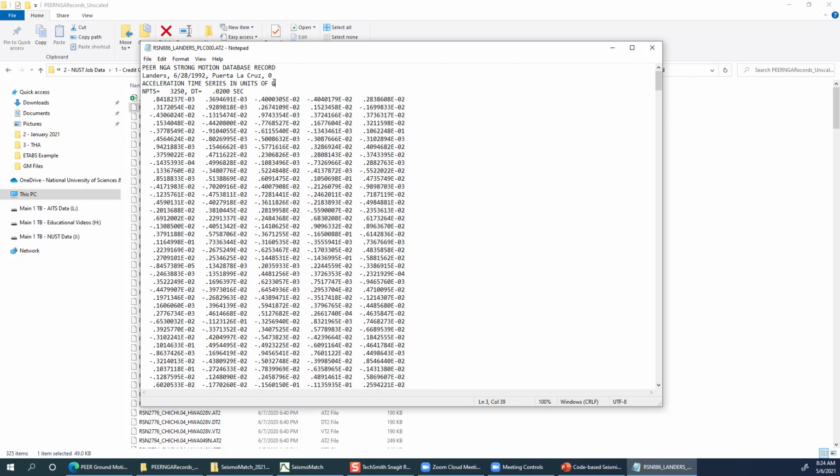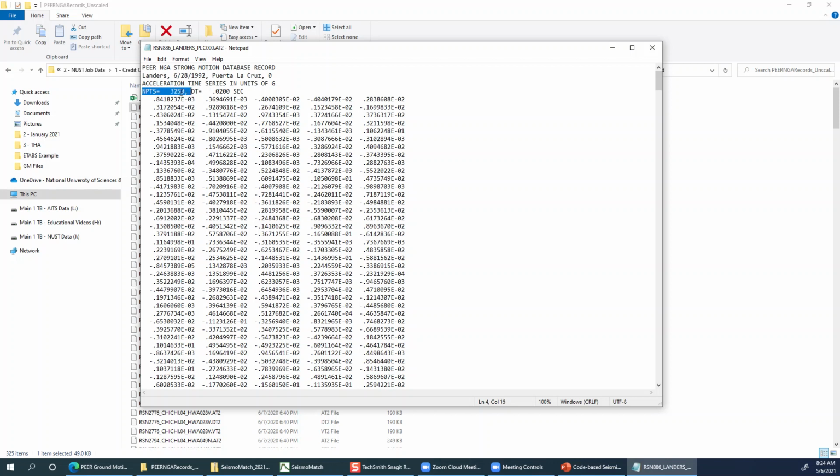So the units of this file are g units, which means that you have to multiply it with whatever value of g is in your working units to convert them into acceleration values. If you are working in meter and second, then multiply all these values with 9.8.